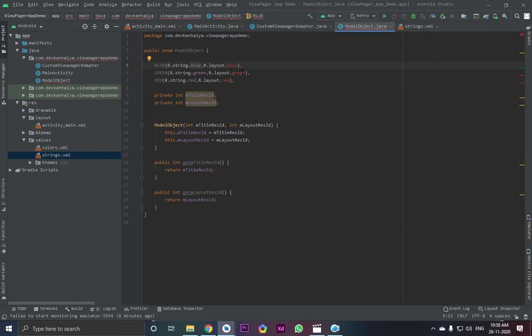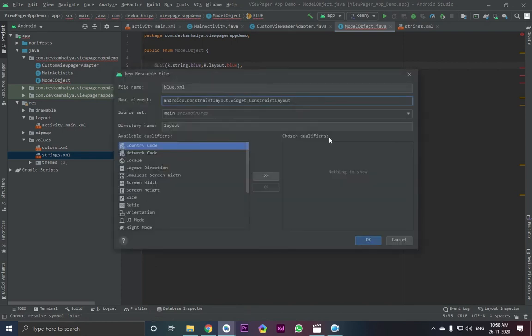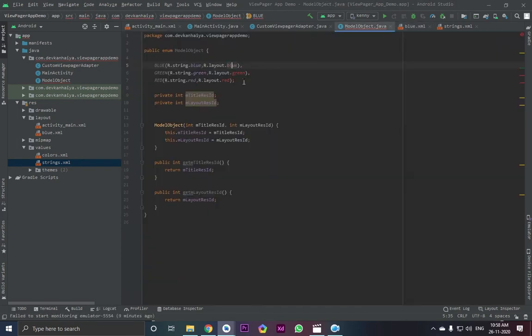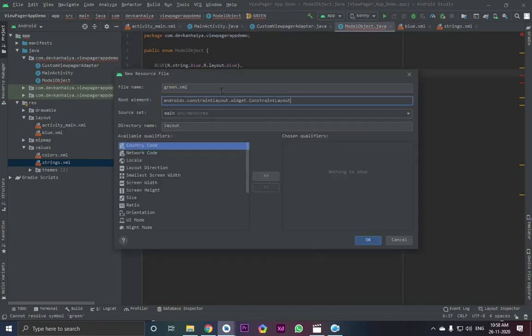So let's do the same with layout. We are just going to be using shortcuts to create the layout. Just click on this error and then you can see your bulb, create layout, only the first .xml file. Okay, after that let's go to the model object again, create layout.